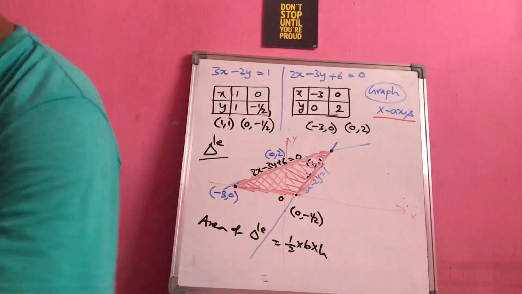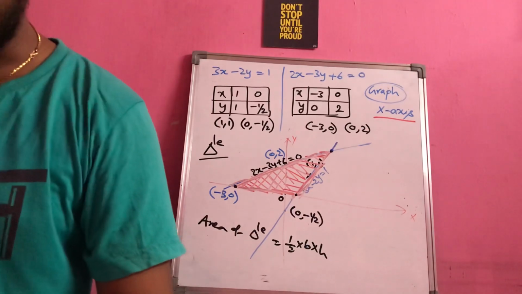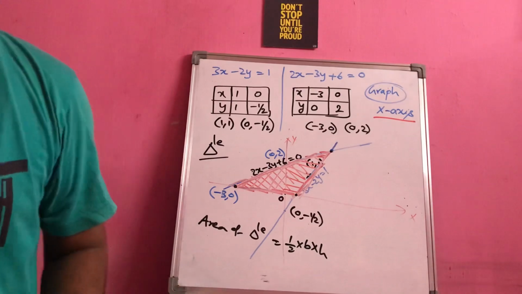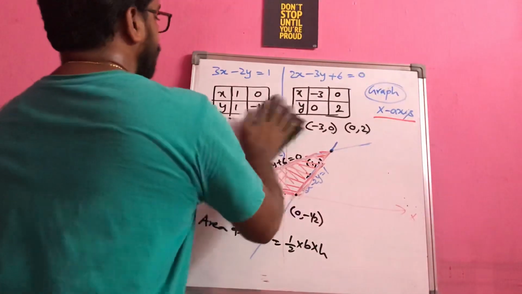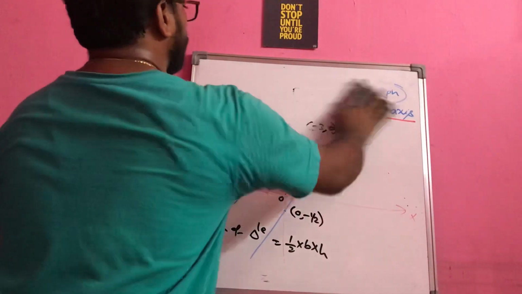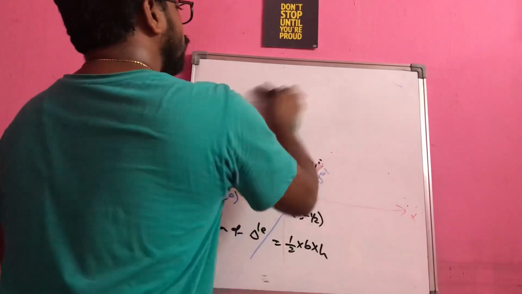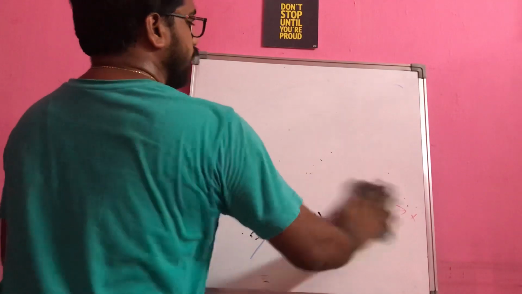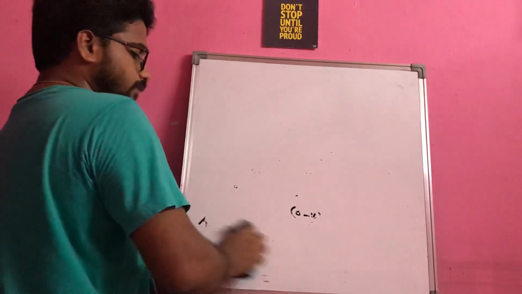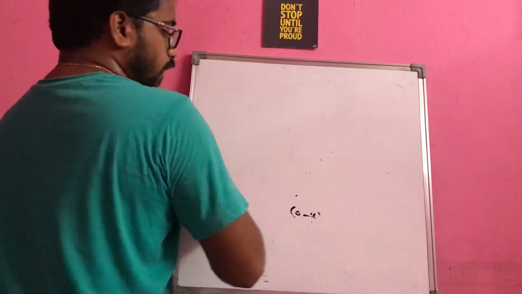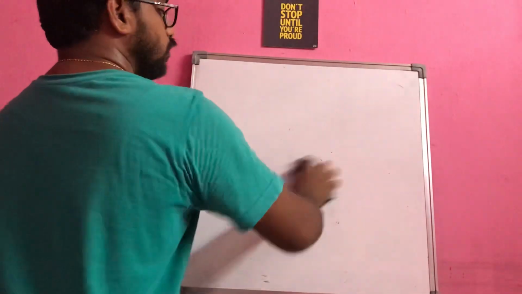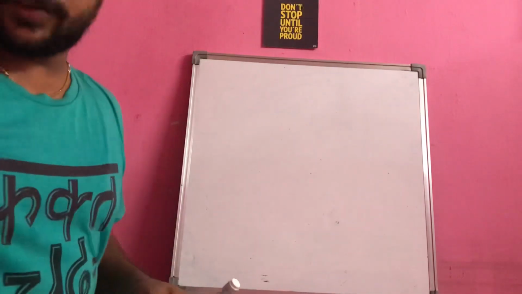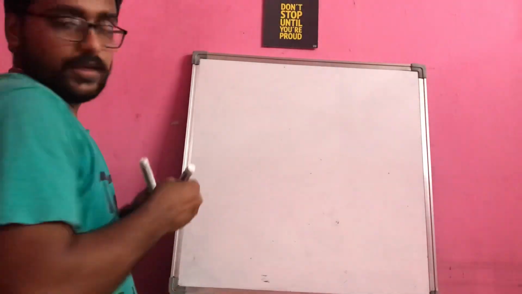Let me take a question based on area. Yes, see this question. Let us discuss one more question based on this. Here, as I told you, the question can be extended to find the area of a triangle, and then they will ask you to mark the vertices, and they may also ask you to write the vertices of a triangle as a solution. Now let us see this.